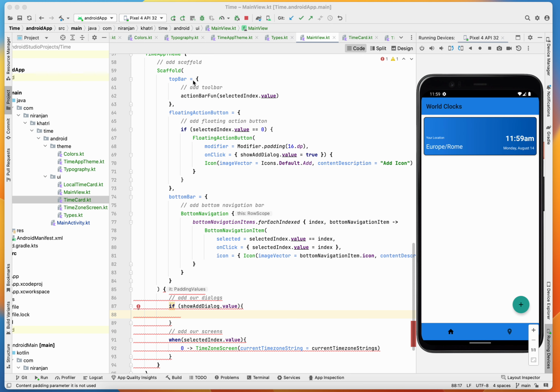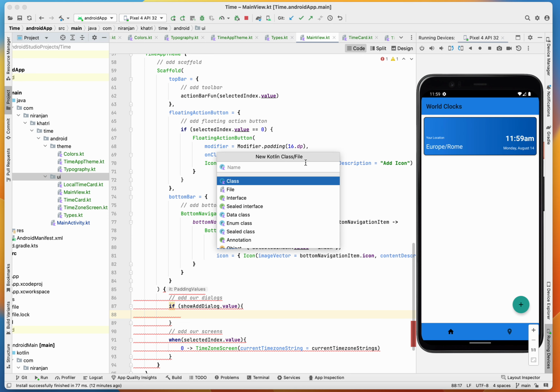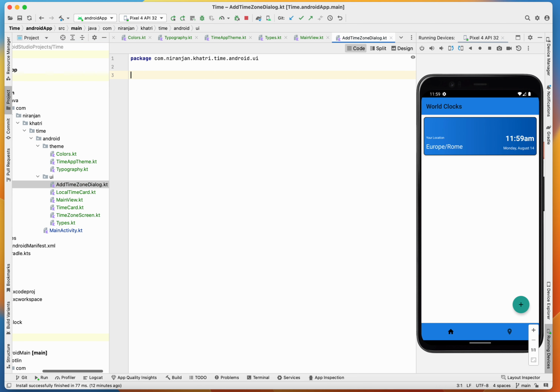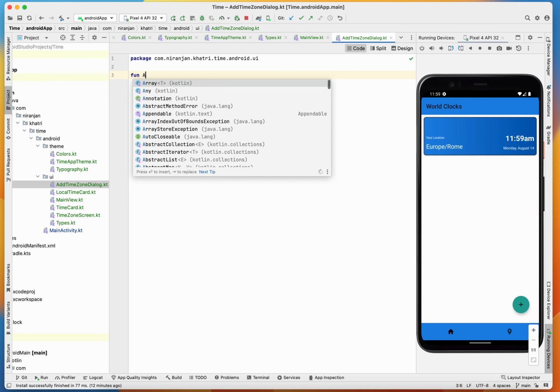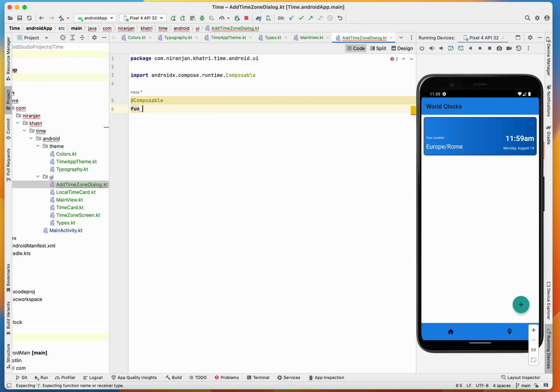Okay, so let's go and create another file called add time zone dialog. It's a file. So here we need to create another composable function called add time zone dialog. So this time zone dialog will be assigned to your dialog